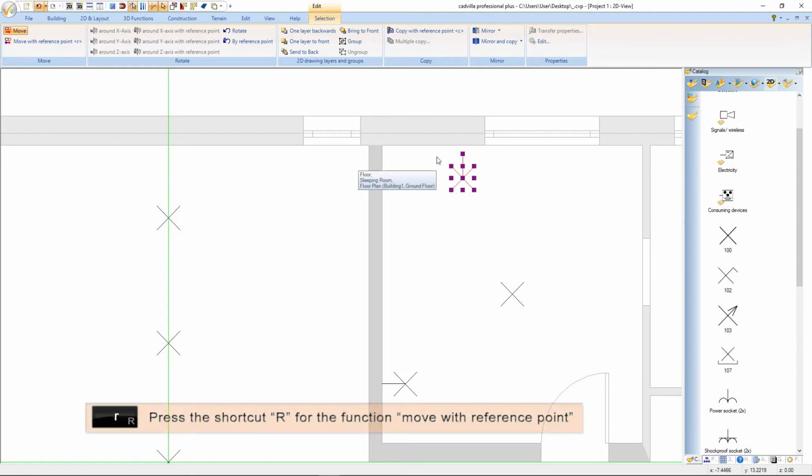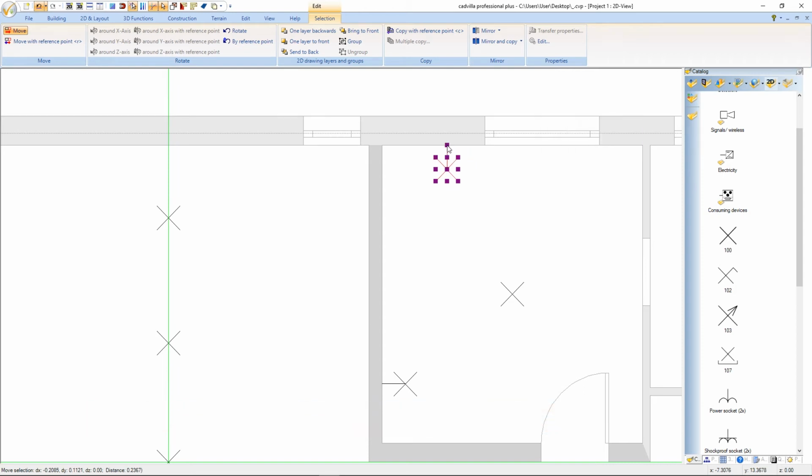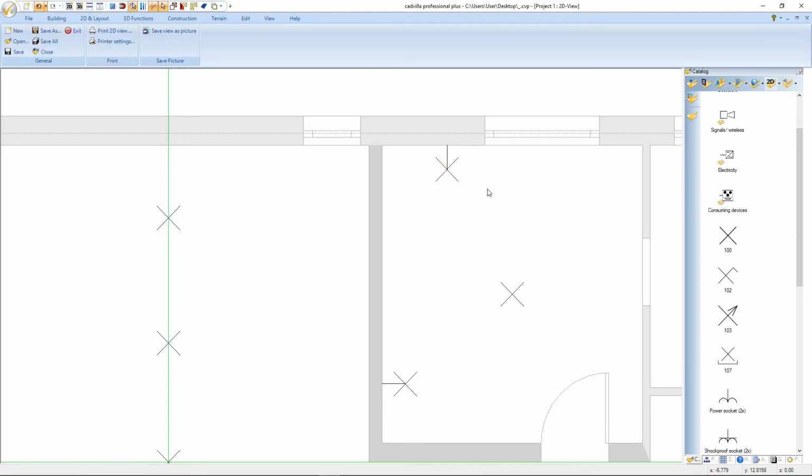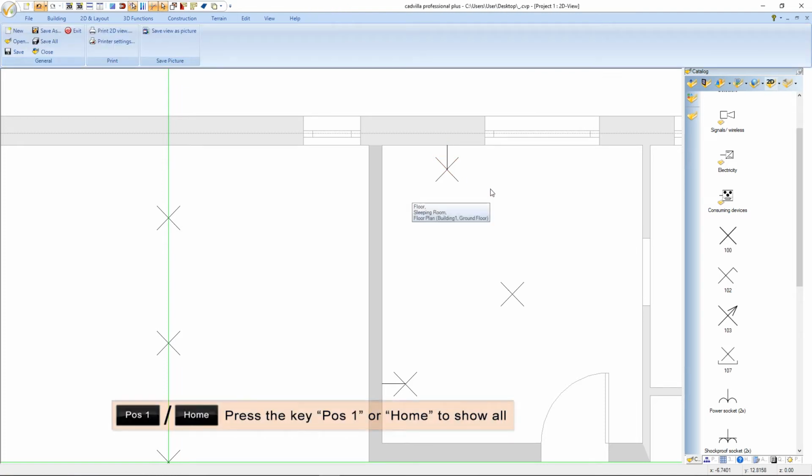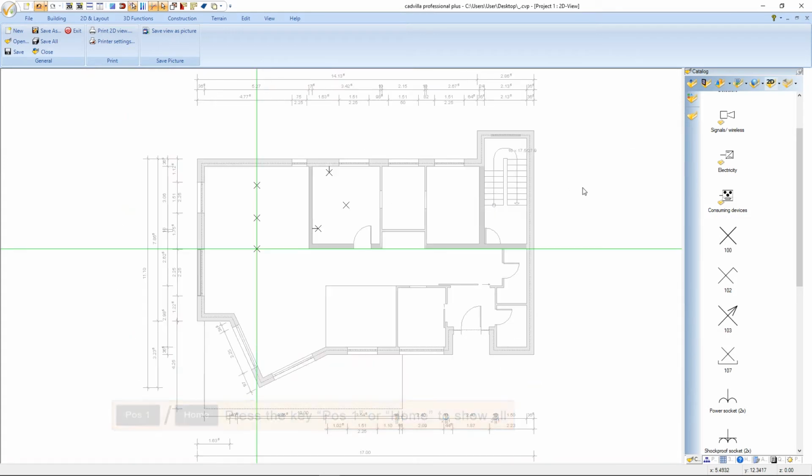Now we press the shortcut R for the function move with reference point. This is our reference point and we move the wall light to the wall. After it we press Escape. We press position 1 or Home for the function show all and in the next step we will define the